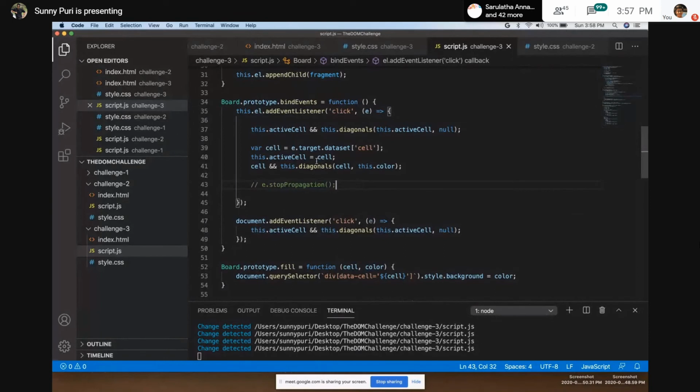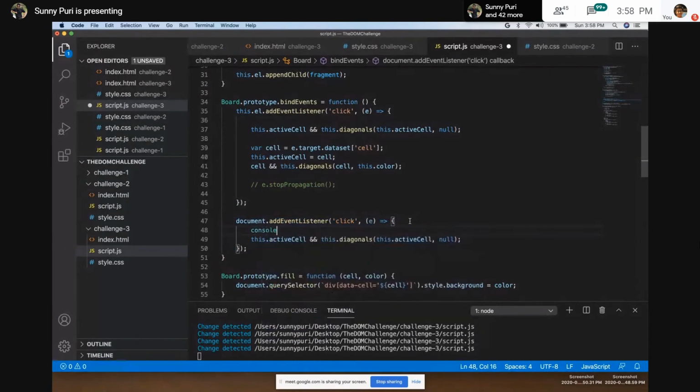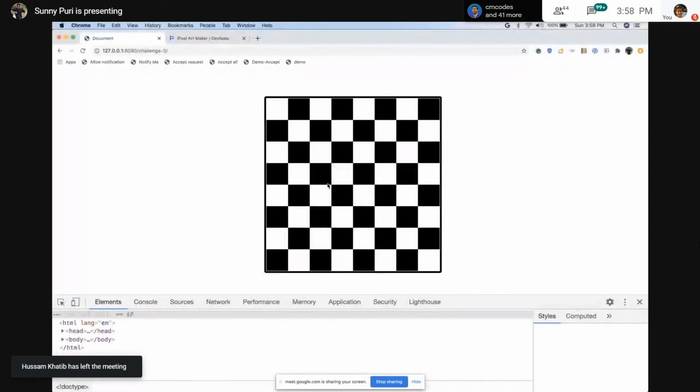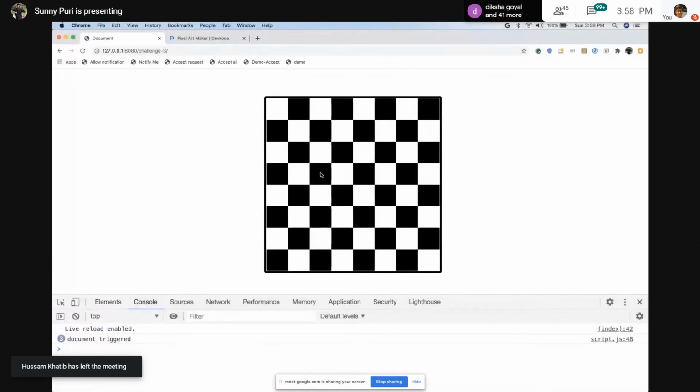When I face this issue, like this event is triggering, let's say console.log document triggered. Okay, let's see if I'm clicking here. Let's see document is triggering or not.